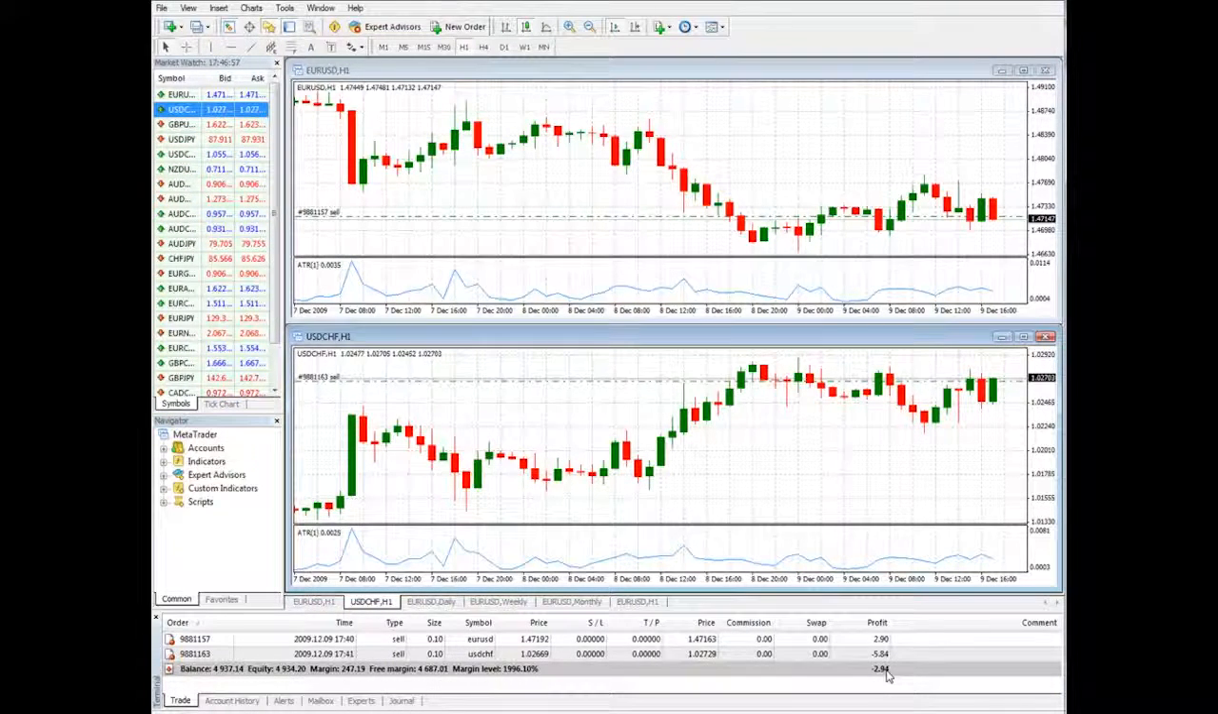Now here's another technique that you can use. You can actually leg into these. You could actually sell at the same point we sold before, the euro dollar US dollar, and then you could allow it to move into a profit. And when it moves into a profit, then you might want to sell the US dollar Swiss franc, and that will actually help to protect some profit,